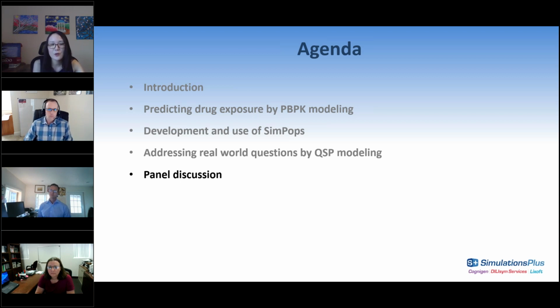But if we know there's some uncertainty in the predicted drug exposure, we can also run some sensitivity analysis or vary that exposure to see if the predicted efficacy outcome is sensitive to that exposure level or not. So that's one approach that we can take to address the issue. And coming back to your question, again, its short answer is yes, quite often.